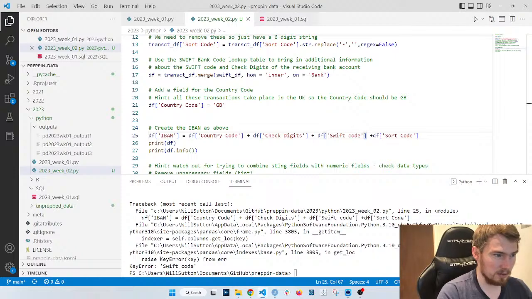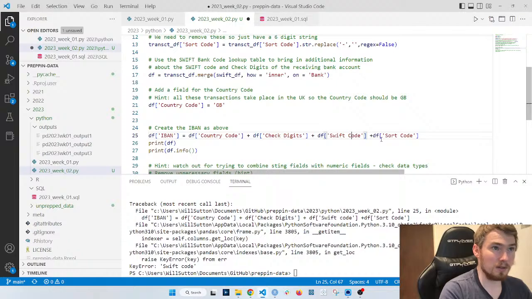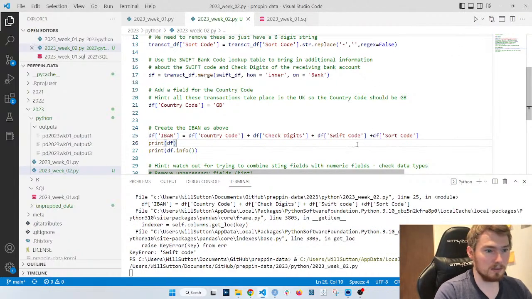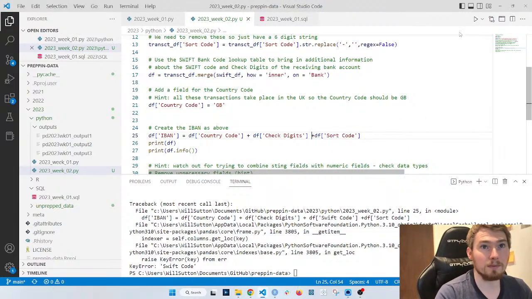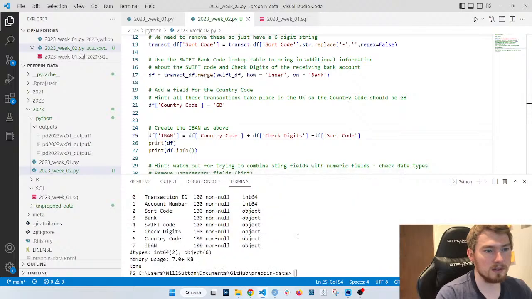Okay, so it raised a KeyError, Swift codes. So it looks like it doesn't like this. Maybe I've got a typo in there or something, so I will remove that and see. Okay, so Swift is in caps.